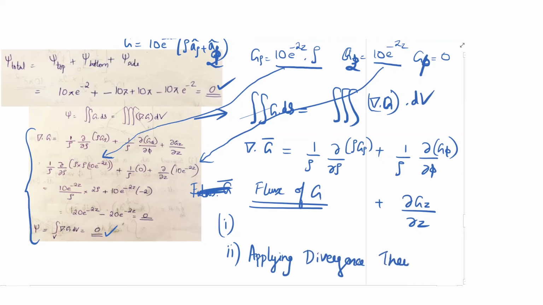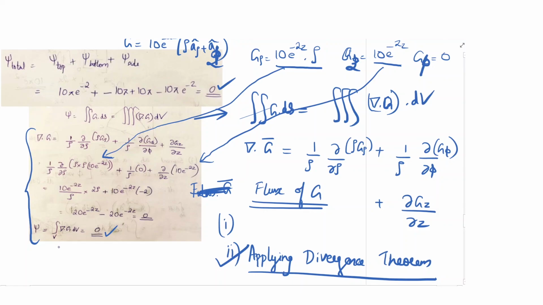So in the exam, if you are asked to just calculate the flux, you go for the second method, applying the divergence theorem. If the question asks to calculate the flux and confirm the result using the divergence theorem, you have to do both methods and show that the result is the same for both cases. If you are simply asked to calculate the flux, the better method is to apply the divergence theorem and you will get the answer in very simple steps.